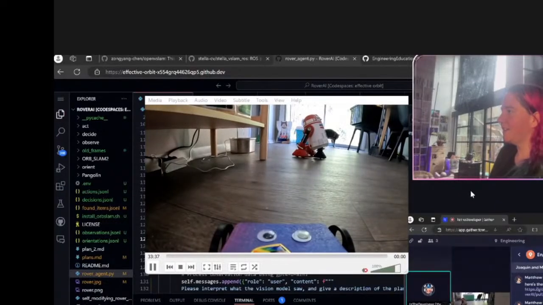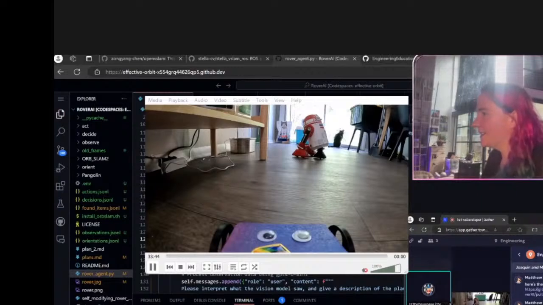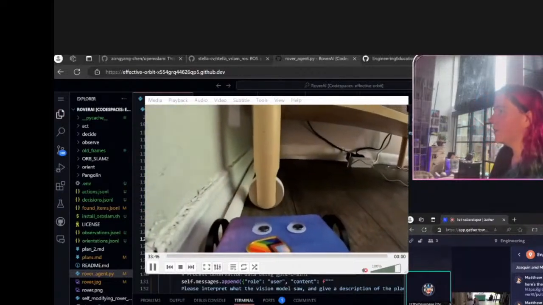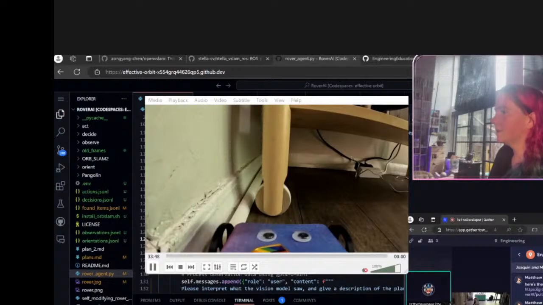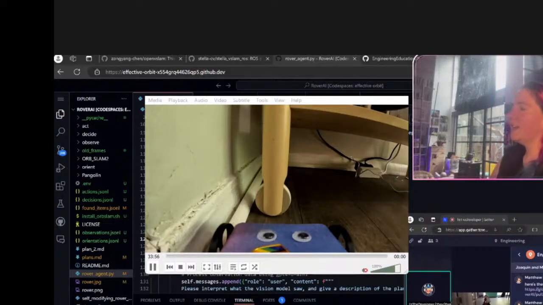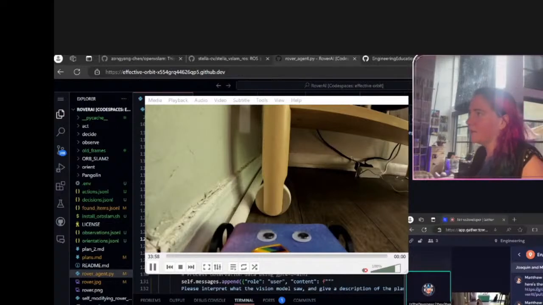Expand that out. It doesn't compare the two images, but here's Joaquin's video. We can't hear you, Joaquin, but you're invited to talk as the designer of the rover. So we can see what the rover looks like. It's a really simple guy.